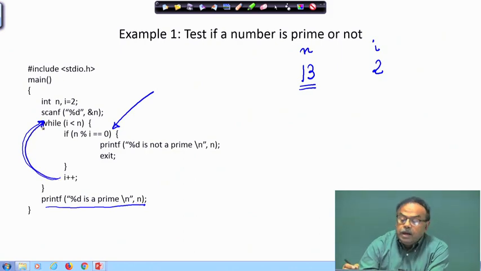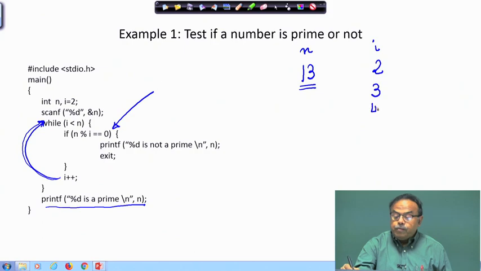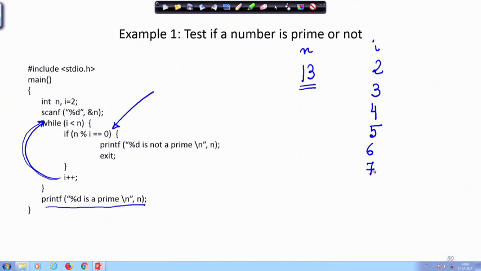Let us see. I am starting with 2, checking once, then incrementing and making it 3, then 4, then testing with 5, then testing with 6, 7, 8, 9, 10, 11, 12. So, how many times did I check it? 1, 2, 3, 4, 5, 6, 7, 8, 9, 10, 11 times. I had checked it 11 times. Now, do I really need to check it